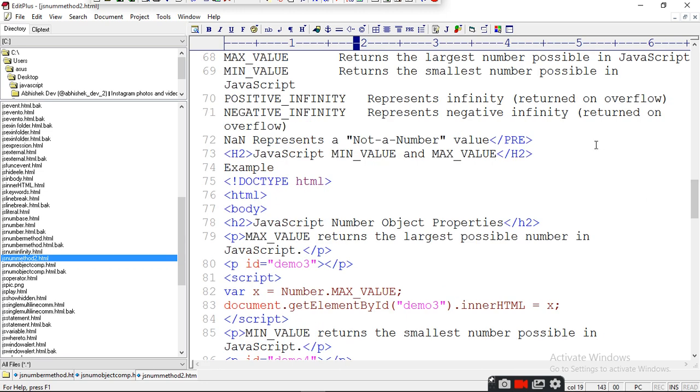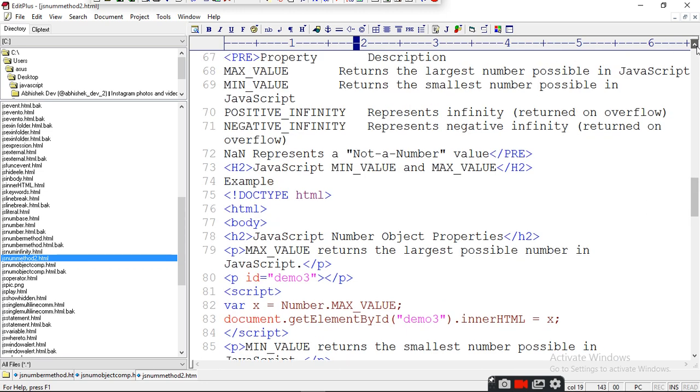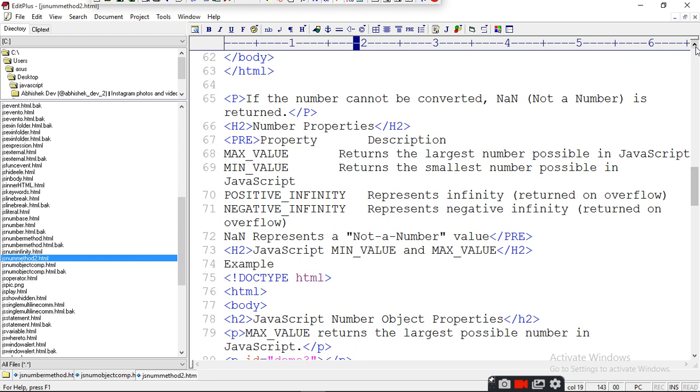Next is number properties. Number properties mean that if the number cannot be converted, it returns NaN. Number properties are maximum value, minimum value, positive infinity, negative infinity, and NaN. So what is the maximum and minimum value of a number?